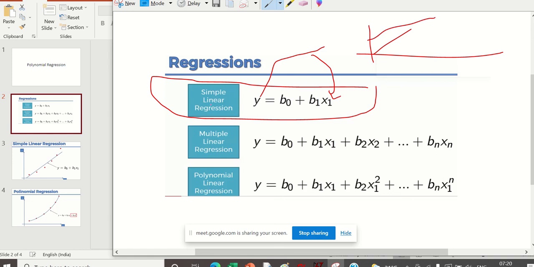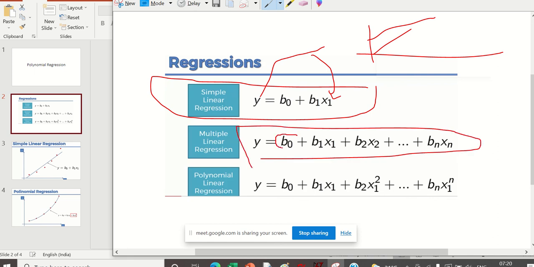Similar to simple linear regression, there is multiple linear regression, where this b0, b1 values get trained by our algorithm. For example, in our case there were 6 columns, right? It created 6 columns at the end. For each of these columns there will be one b1, b2, b3, b4, b5, b6. So if column 4 had the maximum influence, then the b value for that will be maximum. That's how the columns get trained.